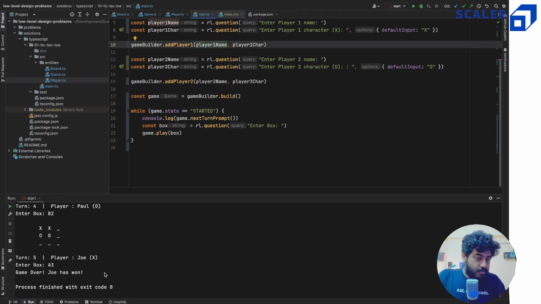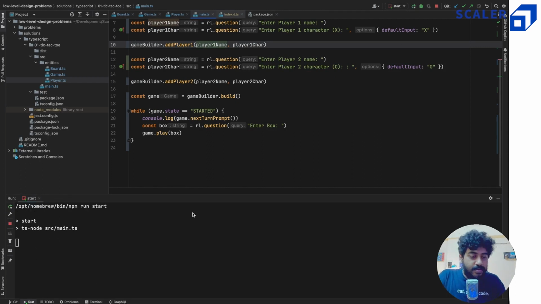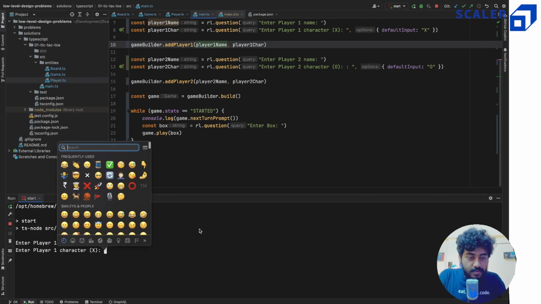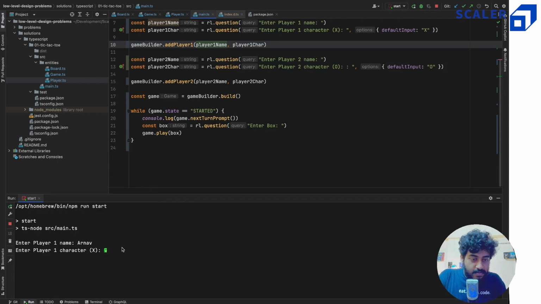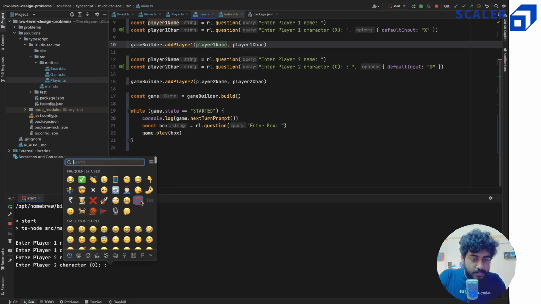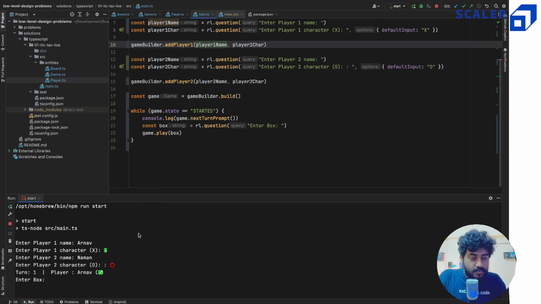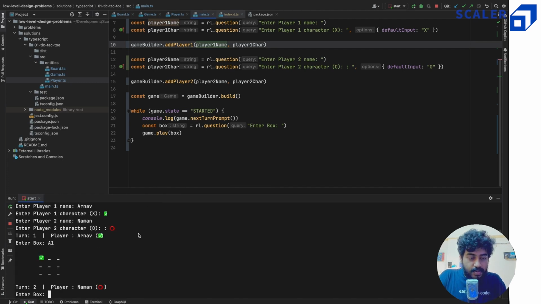Yep. So let's start again. So player one name, let's say Arnav. Player one character, we can go with an emoji maybe. Then player two name, Naman, maybe another emoji. So enter box A1, enter box A3, let's say B3, B1, right? C2, C3, A2,